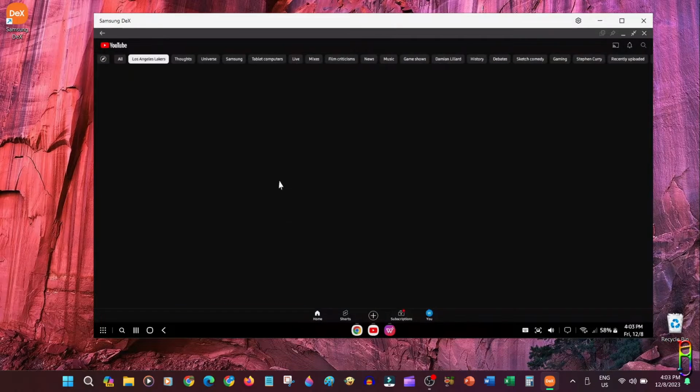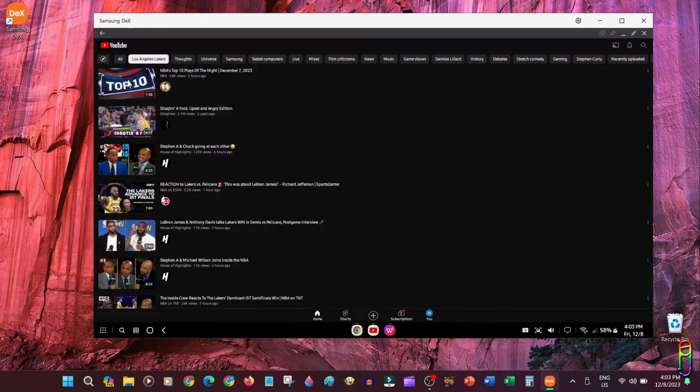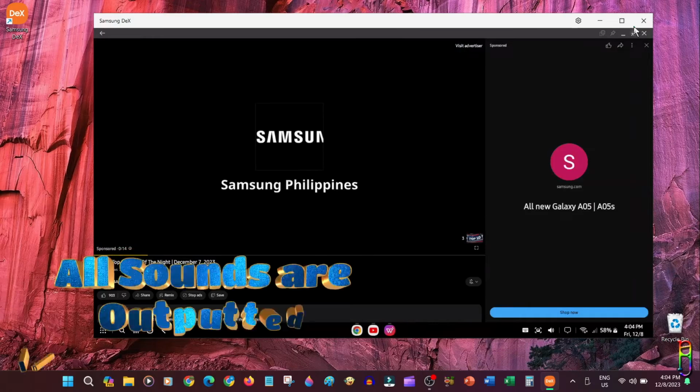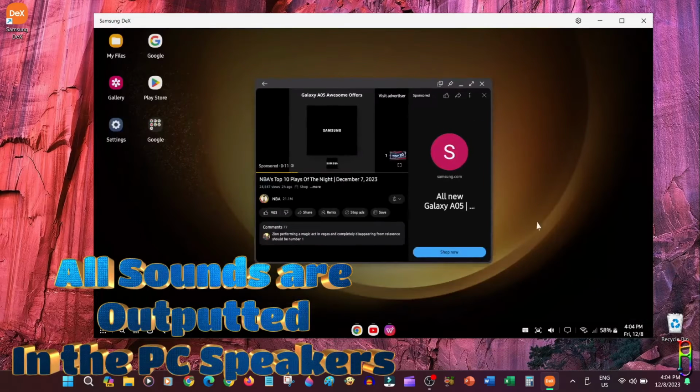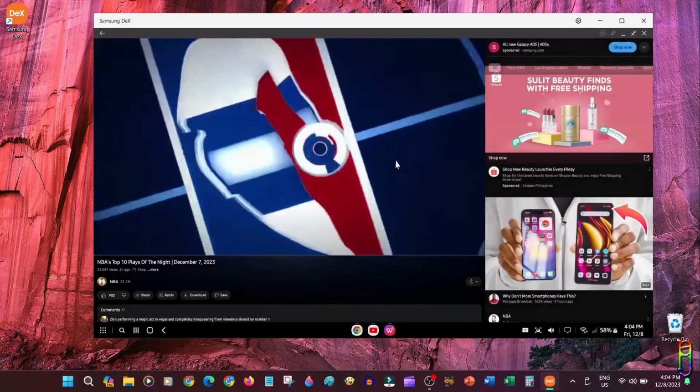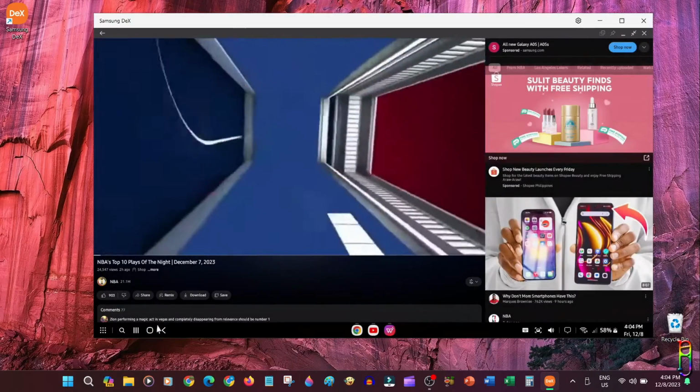And it might already be obvious, but I would still like to note just to be sure that everyone knows, the sound from all the applications that you will run from DeX will be outputted using the PC speakers. So depending on how good your PC or TV or monitor speakers are, you will definitely enjoy consuming media here more than